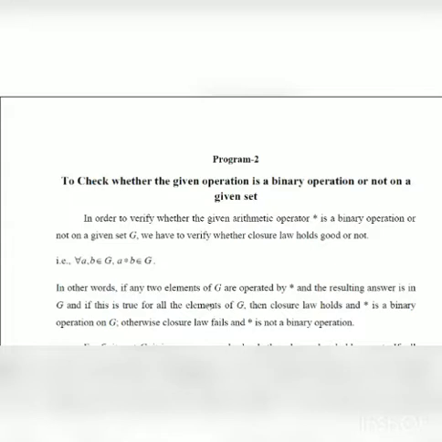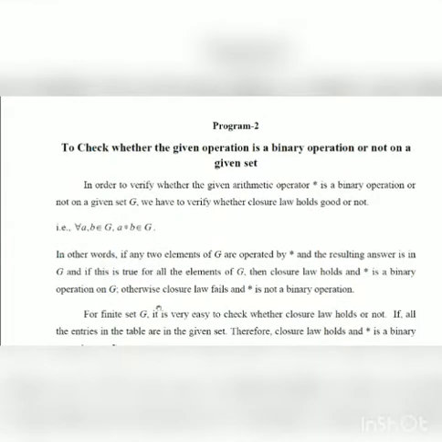How are you going to verify this for the finite case? For a finite set, it's very easy. You have already constructed the Cayley table, wherein you write the binary operation in the leftmost corner, and you write all the entries of G in the top row and all the entries of G in the leftmost column. And what will you write in the remaining cells?